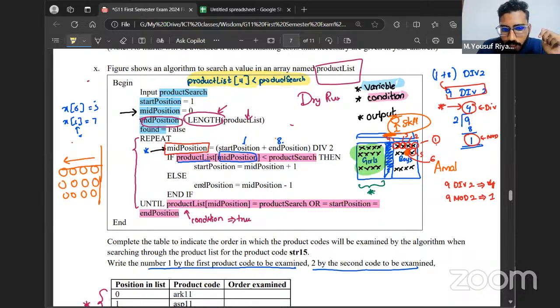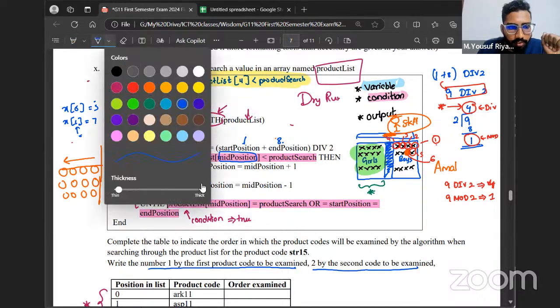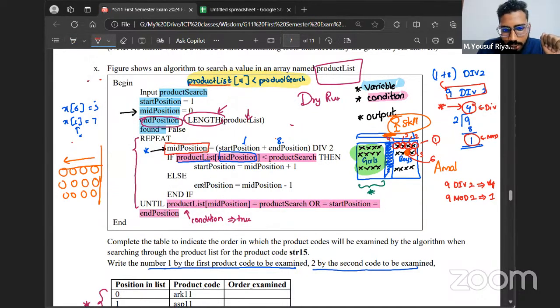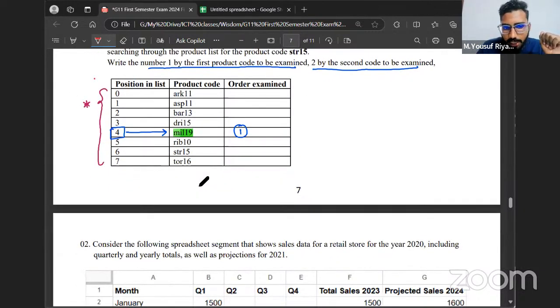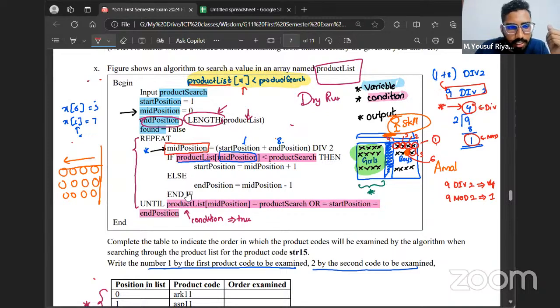So I go first to the product list array, index number 4. The value I have is mil 19. So I'm going to check whether mil 19